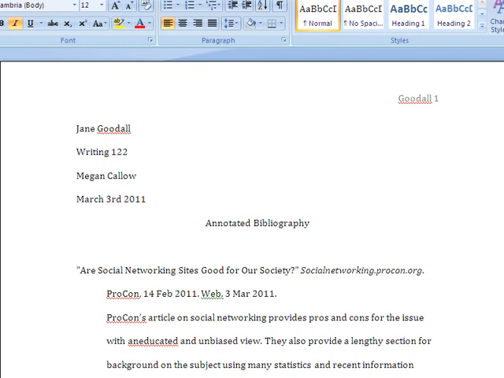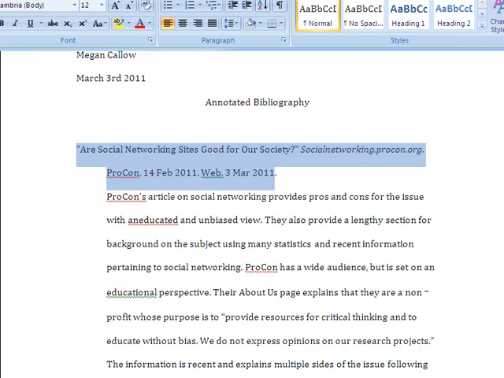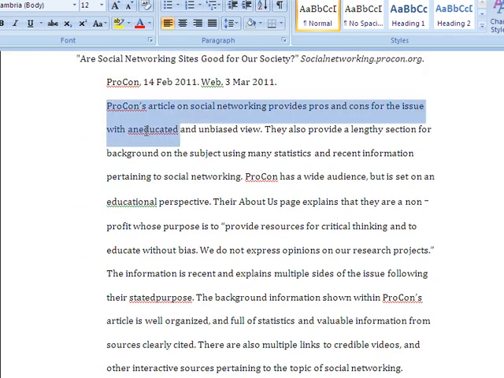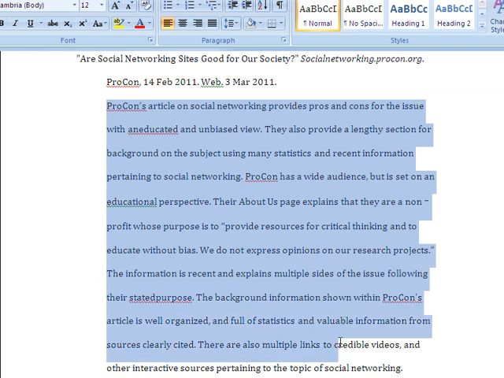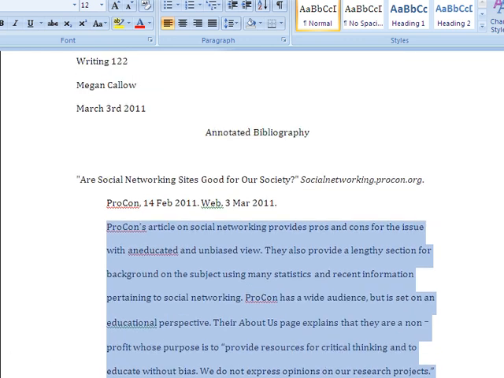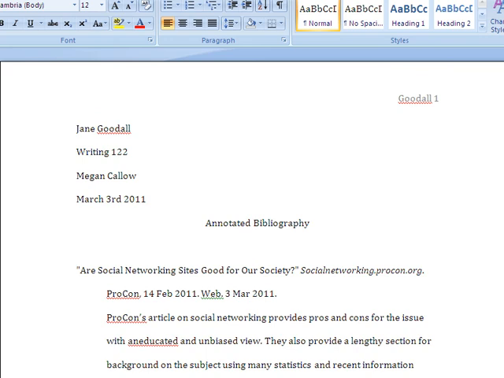An annotated bibliography has two main parts: the citation, which is the part that will later make it into your works cited page, and the annotation. This is a paragraph that summarizes and evaluates each source. We'll go into the annotation in greater depth in a moment, but first let me make some points about basic